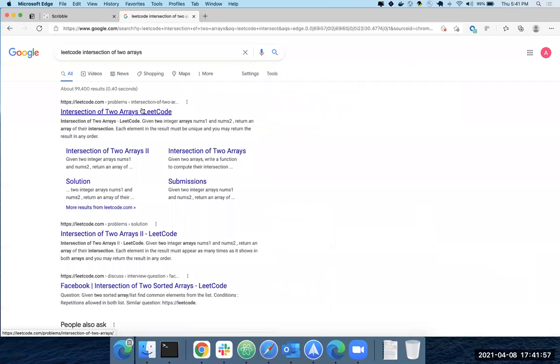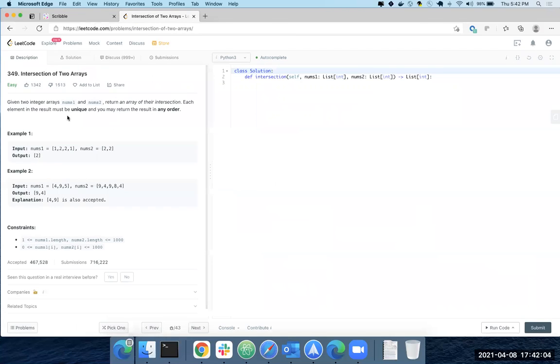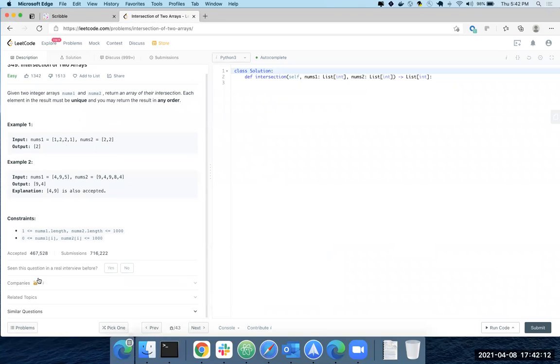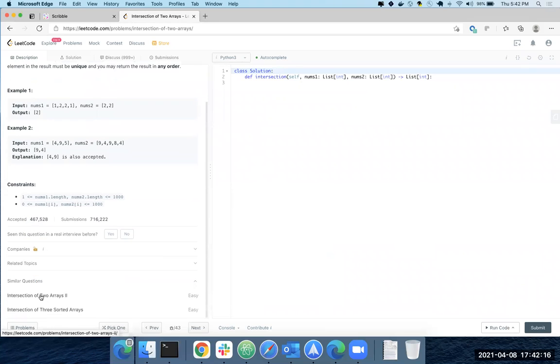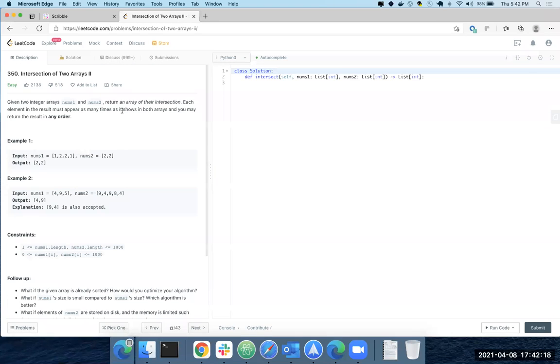So yeah, intersection of two arrays and then intersection of two arrays II. This one is not sorted. This one doesn't say both arrays are sorted, and it looks like it might allow duplicates.